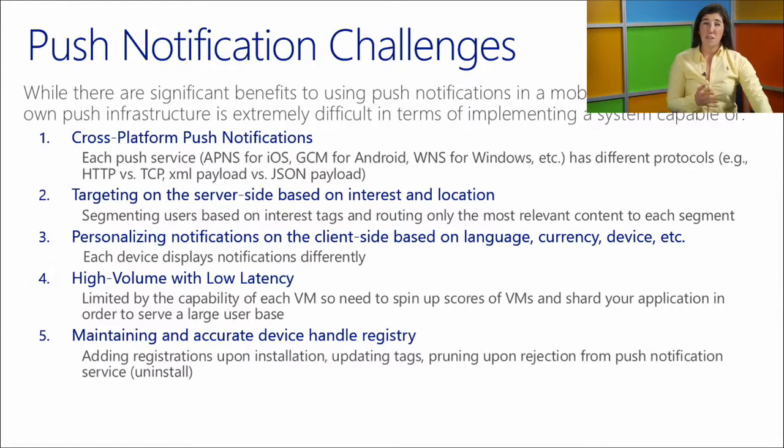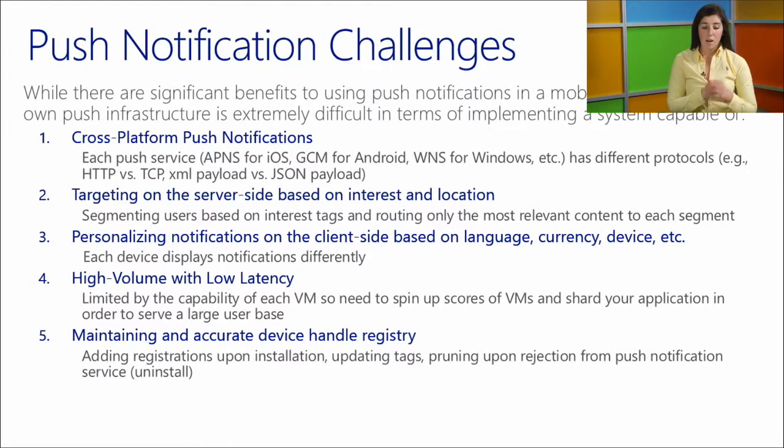Fourth, high volume with low latency, incredibly difficult to achieve because you're either going to be overpaying for VMs that have to stand idle waiting for the push notification to come through, or you're going to have to find a way to spin them up very, very quickly if you want to get to a large number of users at once, and there is going to be some delay associated with that. So you're either sacrificing speed or you're incurring cost. So being able to rent that capability from a dedicated service like notification hubs is really going to